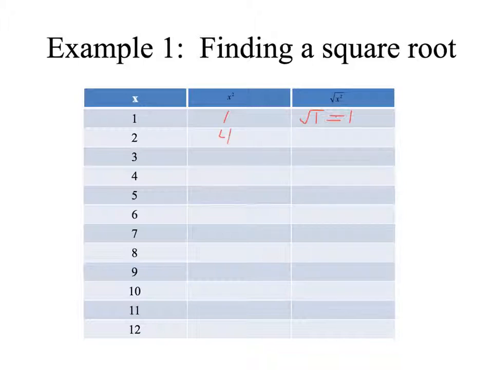2 squared is 4. Take the square root of the middle number, so 4, and the square root of 4 is 2. You should notice that I'm ending up back where I started. So I'm going to fill in the rest of the chart. 3 squared is 9, 4 squared is 16, 5 squared is 25, 36,